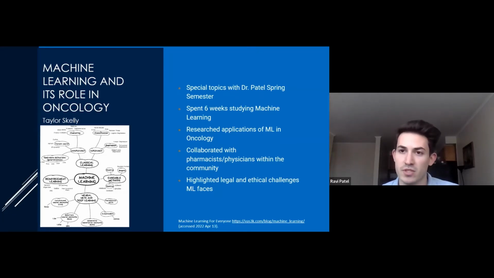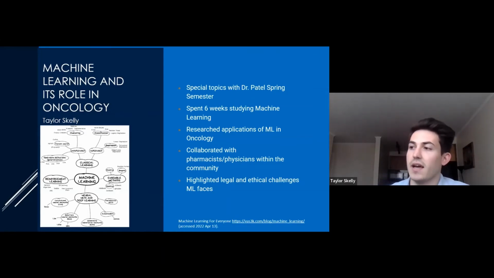I didn't really know much about machine learning in general at the beginning, so I spent the first 6 weeks of the semester really diving into what machine learning was, and I did this through different online resources such as Kaggle or the Google machine learning course. I was looking at concepts around machine learning such as overfitting data, underfitting data, and then it had coding exercises you could do to help practice and understand how, if you manipulate the code in a certain way, that would affect the output of the model. So that's really what I did the first 6 weeks.